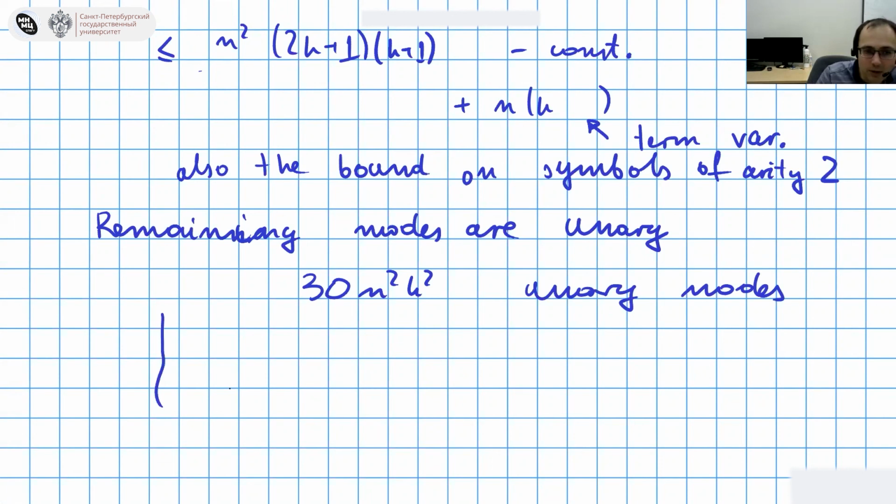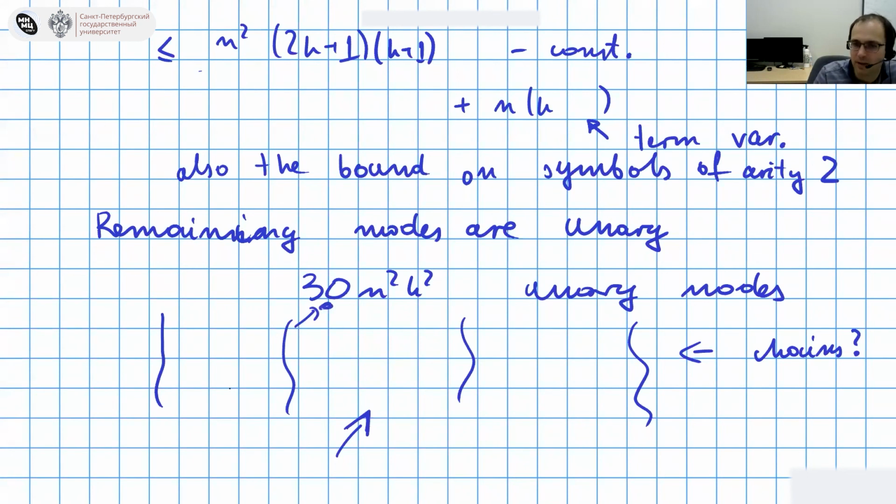Okay, so there are some chains of unary nodes at various places. Now it remains to estimate how many chains there are. And this again can be estimated because the node which is above a chain has to be a node of arity at least 2. So this bound says how many different chains there are. Now we look at each chain, and the argument given for the word equations shows that if we choose appropriately, then those chains are